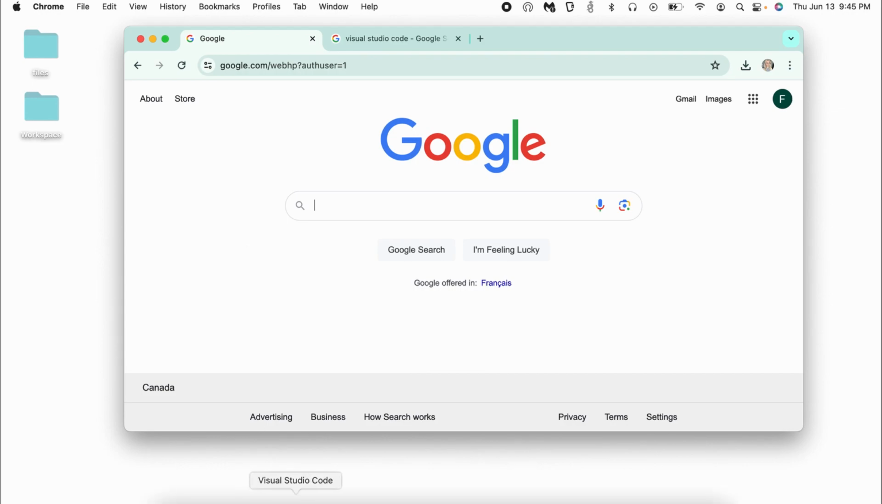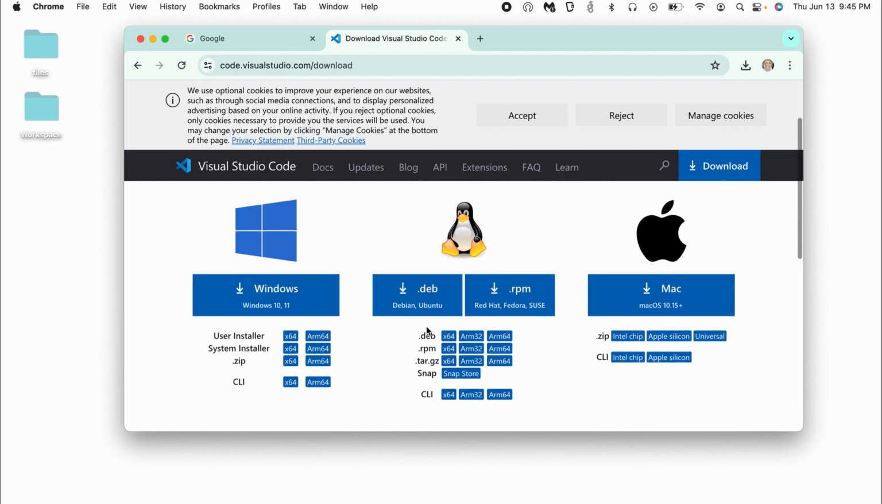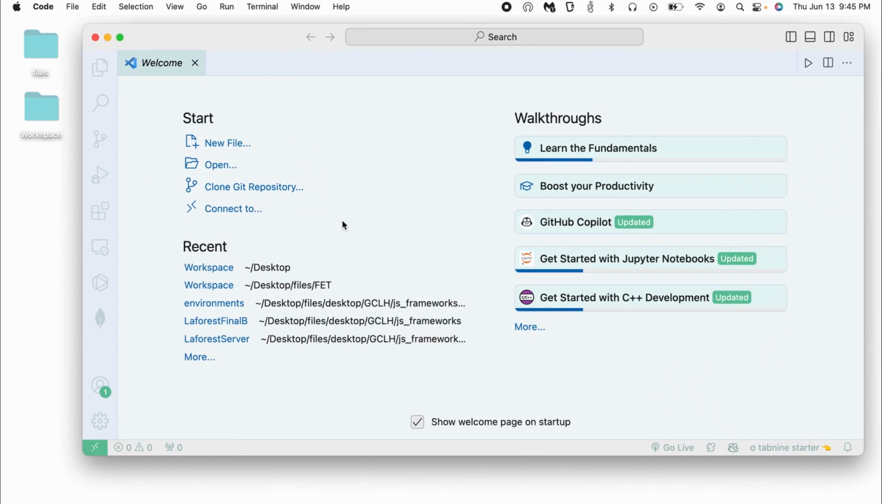If you don't already have Visual Studio Code, you can use any editor of choice, but if you want to use Visual Studio Code, I personally really like it. So you can just Google Visual Studio Code, go to download, and download the version you need based on your operating system. Alright, so I'm going to open my Visual Studio Code,